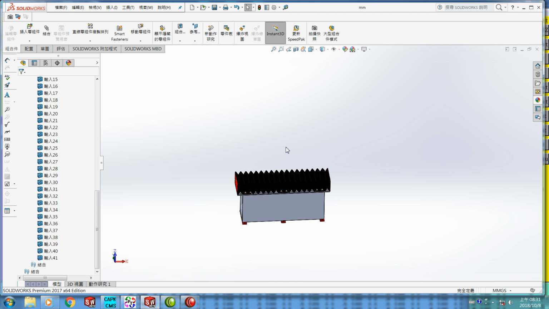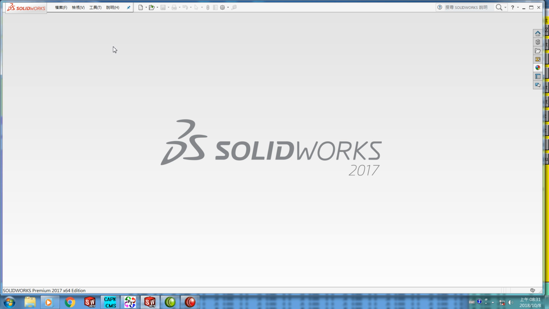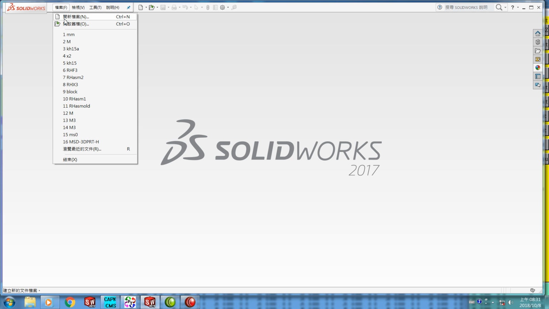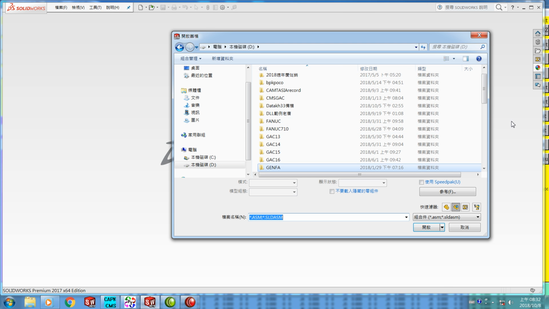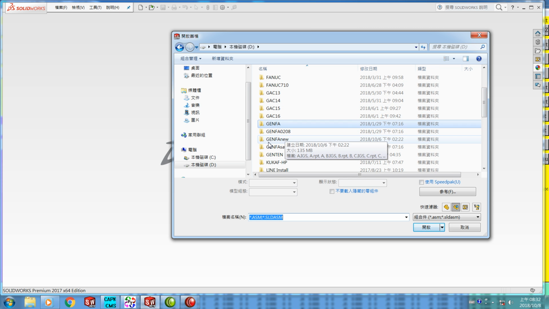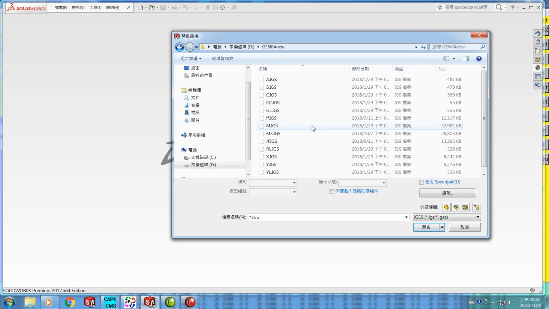controller second, which is located in Java new. We already talked about it. Okay, clear the machine, clear the screen, and open old file from D drive. The file folder is Java new. Open it. The same, the IGS file is the same. You can see M, you can see SY,